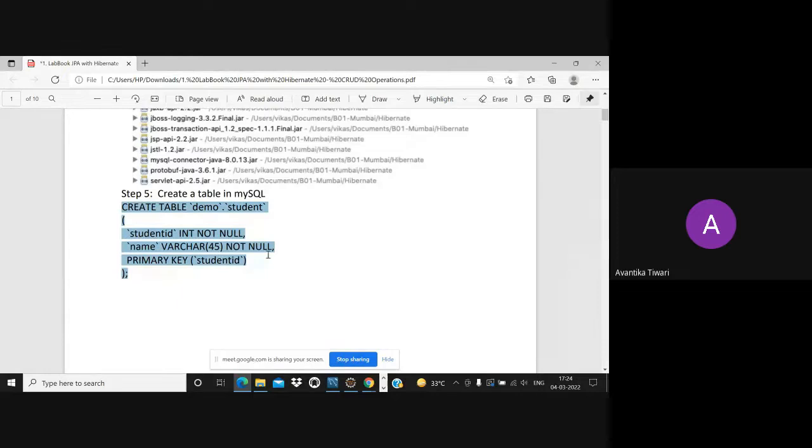I am keeping a very small table because I want to make it clear how to perform CRUD operations. So I am taking a very small example with a very small database table. Let's keep it very simple with 2 columns only. You can see the name of the columns, student ID and name. Any doubt in the query? Okay, ma'am.